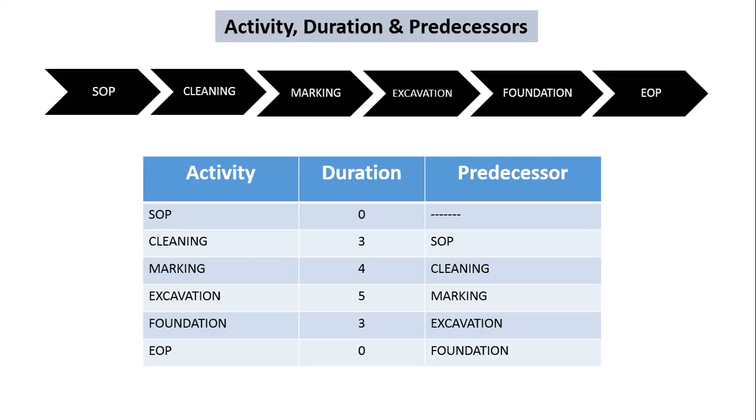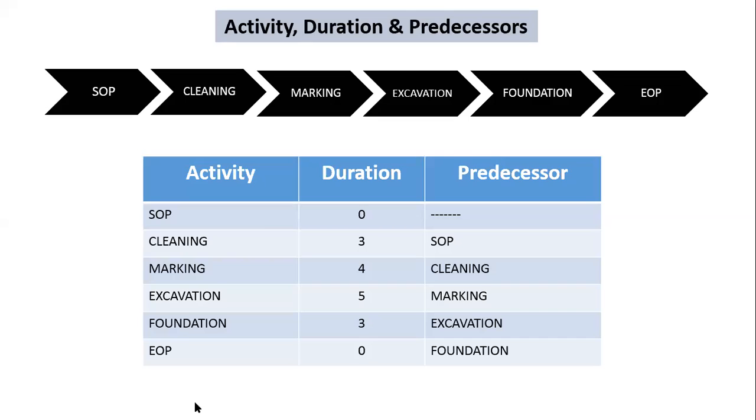Then what about predecessor? You are seeing a word called predecessor over here. Previous activity, yes. What is called predecessor? What work have we done to finish the activities? This is the previous activity of the current activity. Is it or not? See, you have words called SOP and EOP here. What is this SOP?